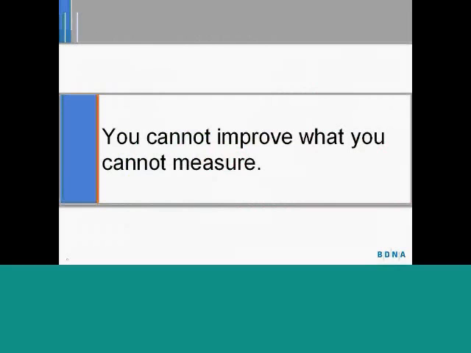This is a very old truism. Everybody knows that, right? You cannot improve what you cannot measure. If you want to improve employee productivity, you need to be able to measure employee productivity. Which is not a simple thing, right? But in order to move from A to B, you need to be able to measure A, and you need to be able to measure B, and only then will you be able to design a path that will lead you from the starting point to your end goal.